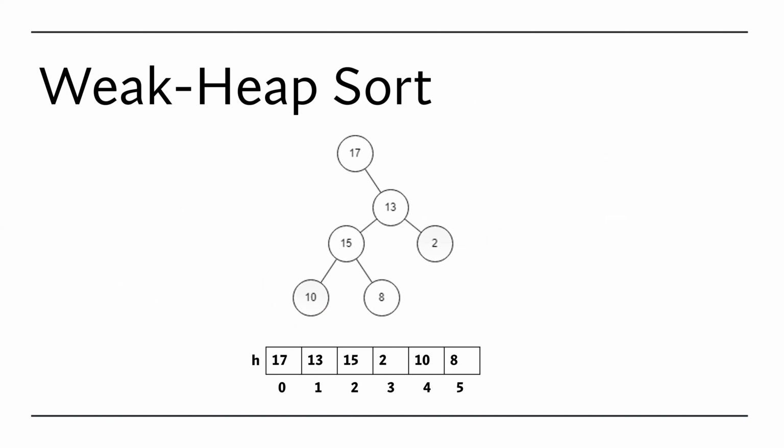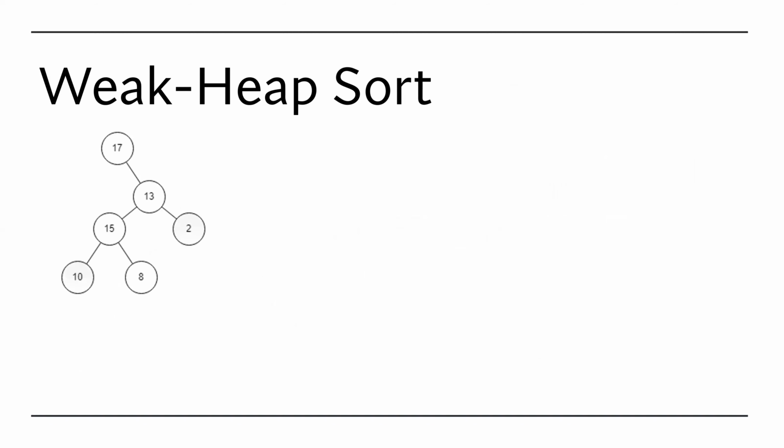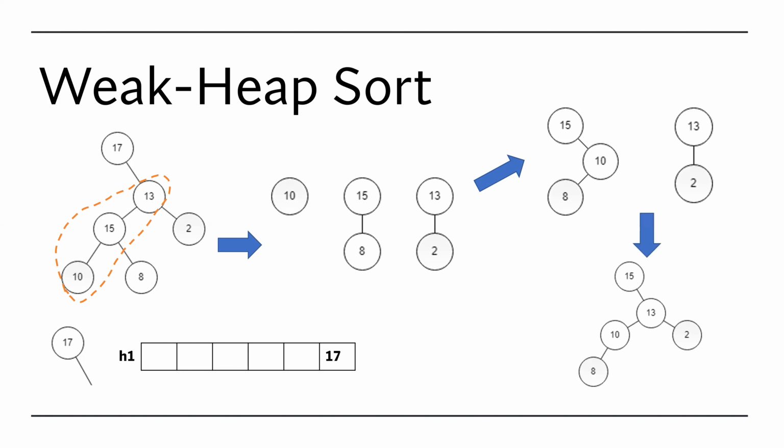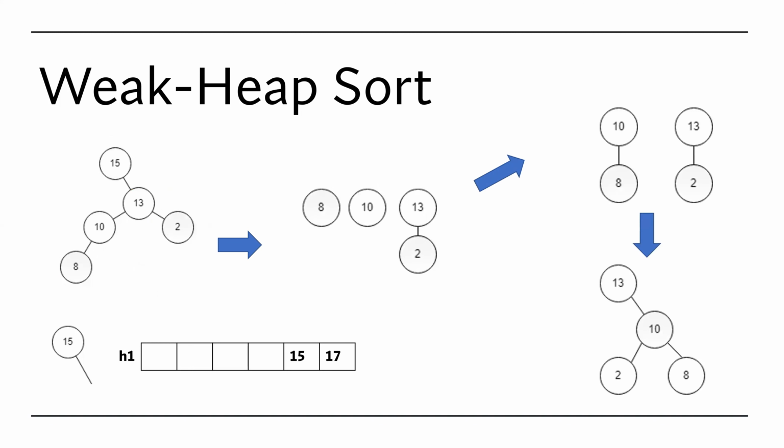Now we want to sort this weak heap. For sorting a weak heap, we remove the root and put it into an array H1. Then from right to left, we make a forest of weak heaps of these nodes. After that, we merge the 2 smaller weak heaps as we mentioned in previous slides, and finally we have a new weak heap. And we repeat this procedure